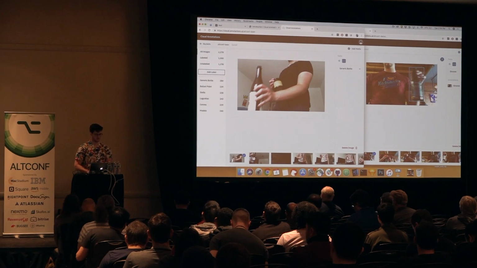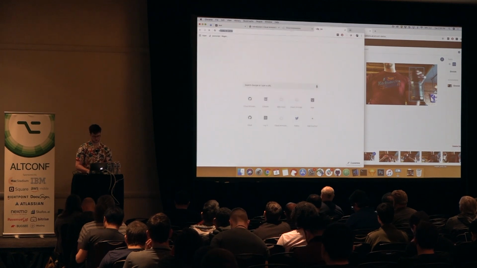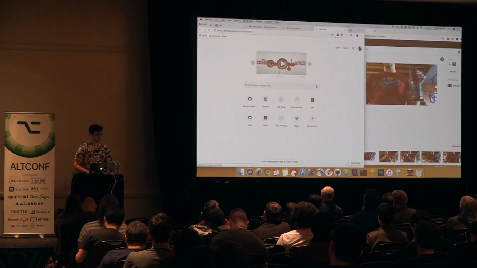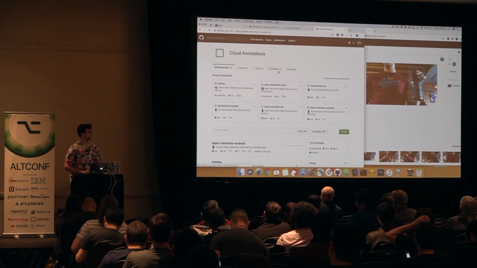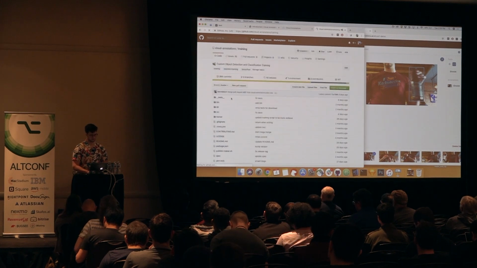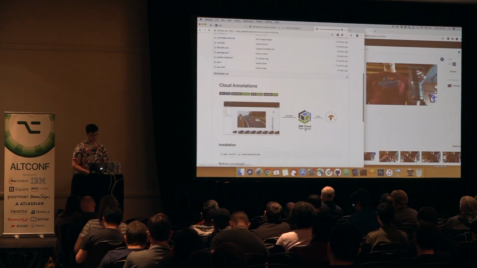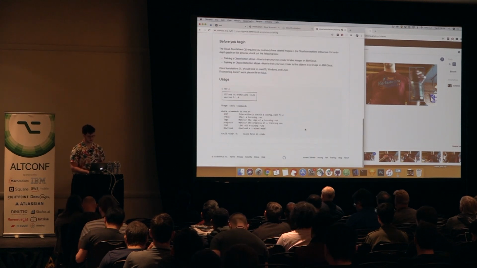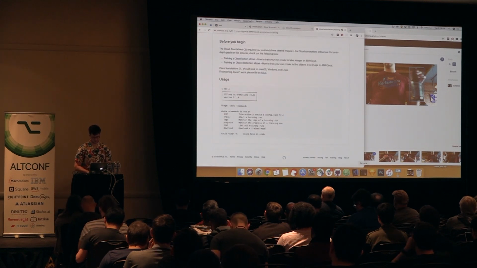And then once we have all these images labeled, we can use something called CACLI. That stands for Cloud Annotations CLI. Here's the GitHub for it: github.com/cloudannotations, and then the training repo. And so what CACLI does,